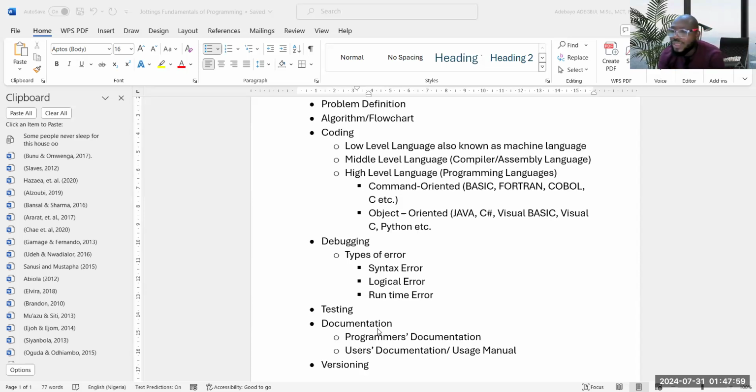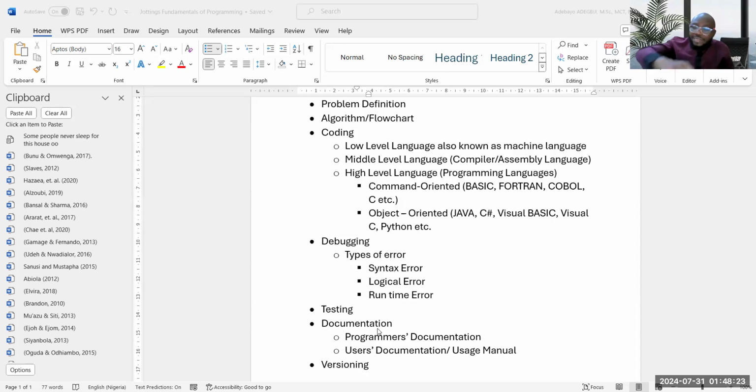Because documentation is one thing that will not affect whether your program runs, whether you put it there or not. But good programming practice always requires that you put documentation so that even for a program you wrote 10 years ago, by the time you are back, you understand why you used this variable in this place, why you used this operator in this place, and what this one is doing here. And it makes it easier for you to adjust and improve on the program.